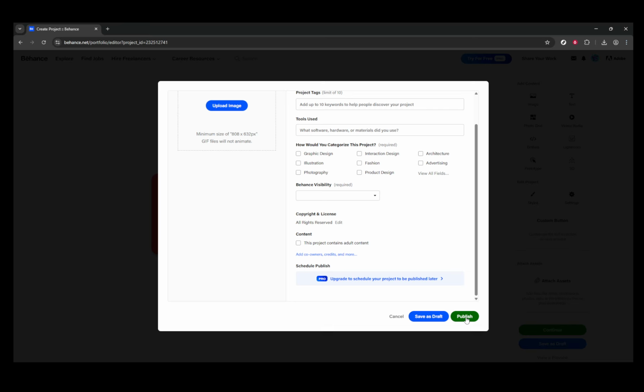Adding a PDF to Behance using this method ensures your work is shown in the best possible light, attracting the attention it deserves. Follow these steps, and you'll be well on your way to enhancing your